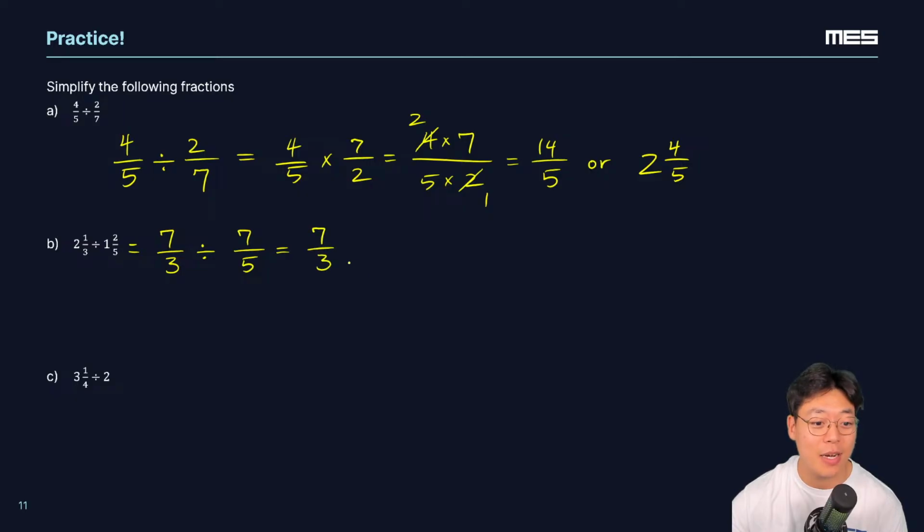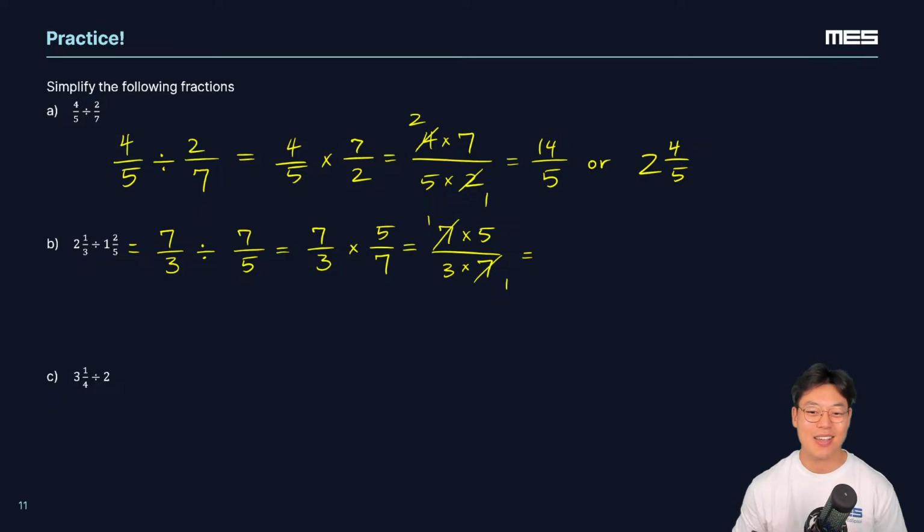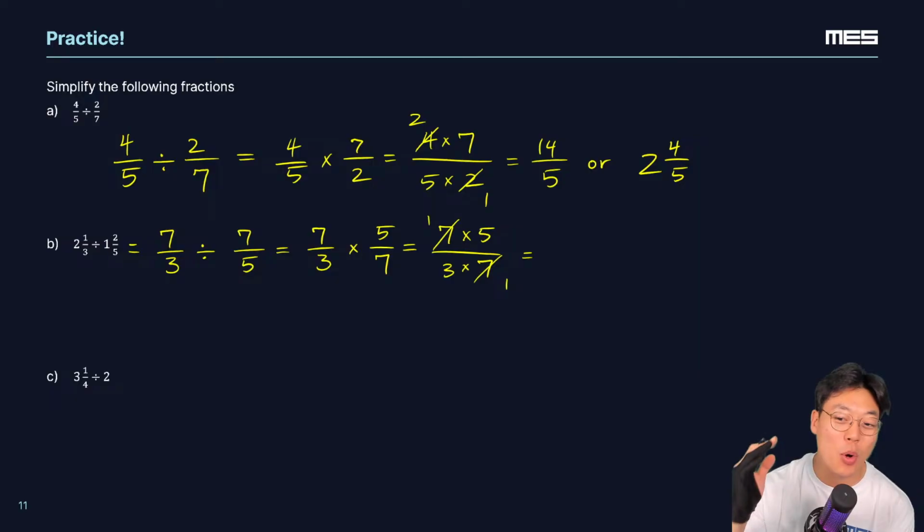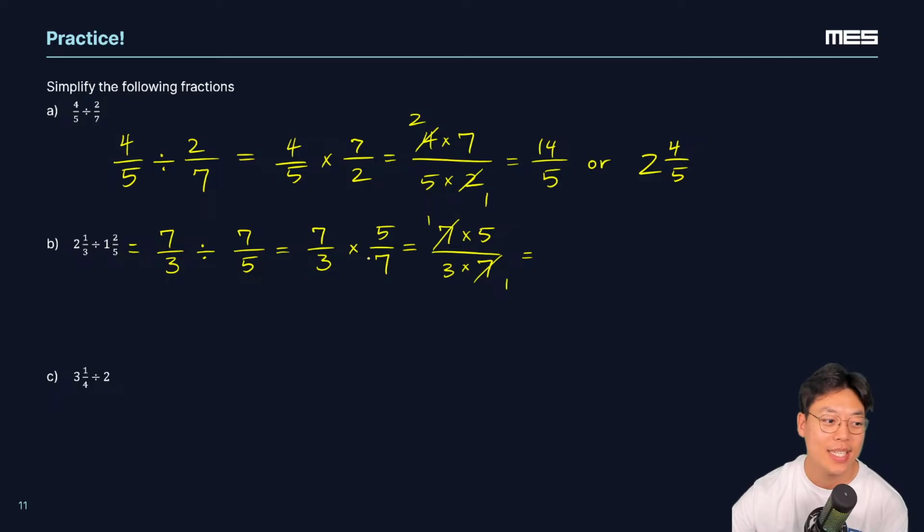So we have 7 divided by 3, or 7 over 3, times the flipped version of 7 over 5, which is 5 over 7. We're going to write this across one last time before I show you another trick. 7 and 7 cancel out, and we're left with, what's our final answer? Exactly, Chloe, the 7's canceled out. And our final answer, what are we left with? And give it to me in both improper fraction form and mixed number form. Give it to me in both forms.